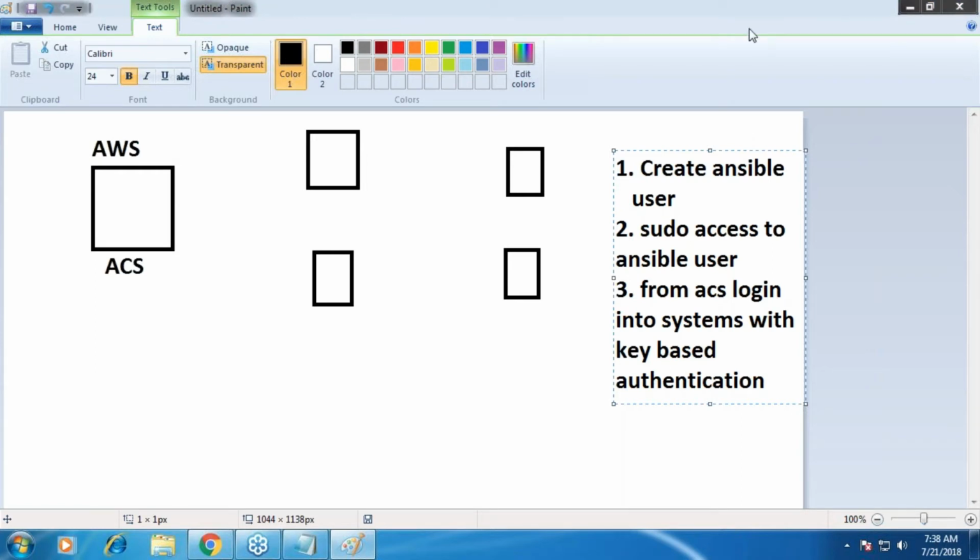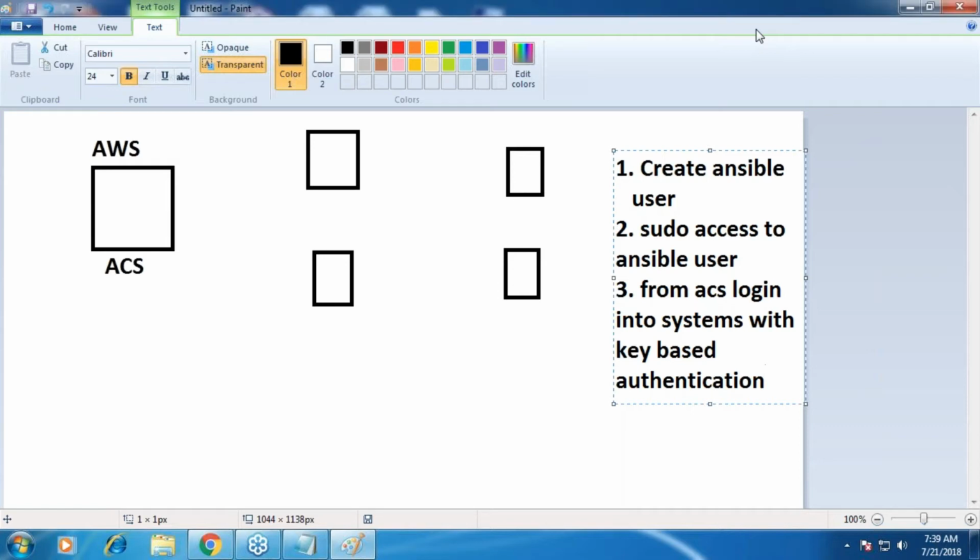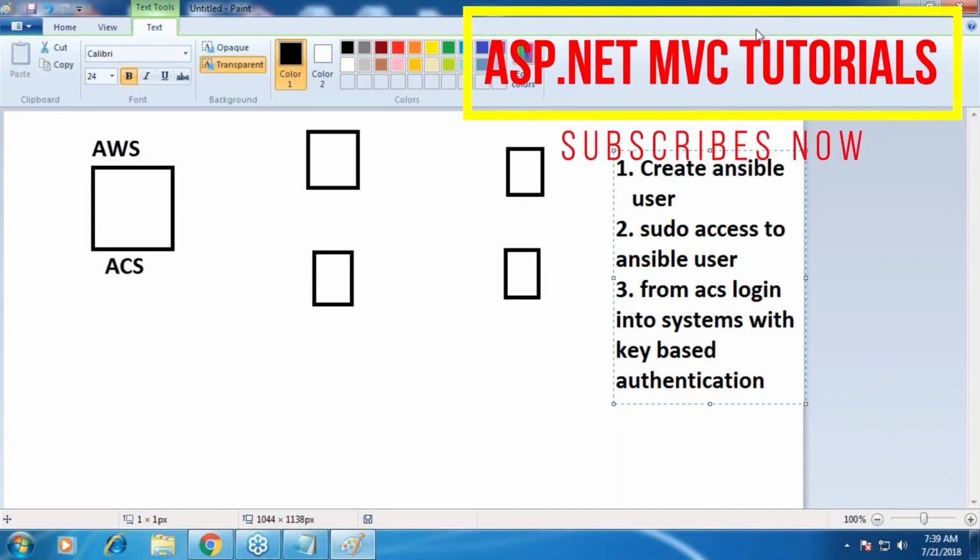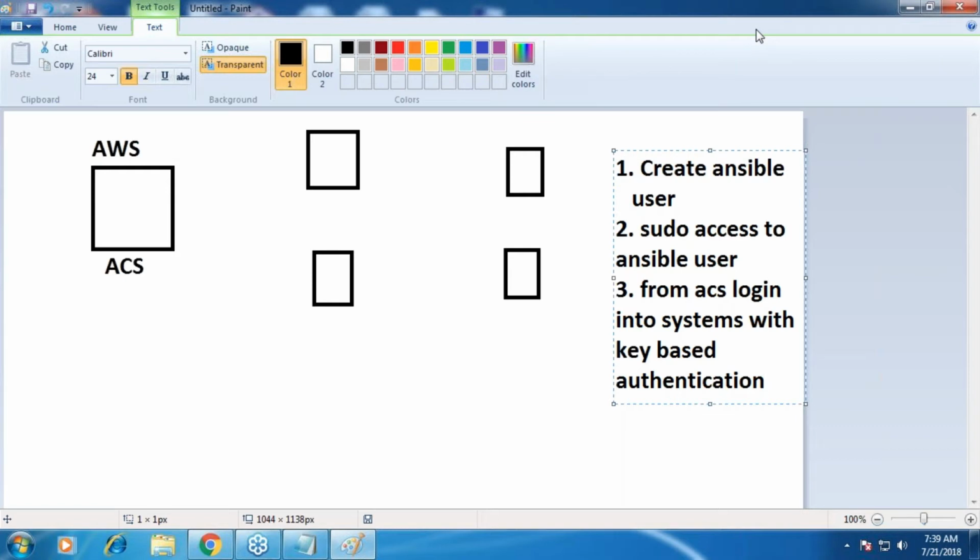Okay. So these steps are logical, right? When I am doing it in Linux, I'll be following these steps itself. To achieve this in Linux, we need to know some commands. So for the people who are new to Linux, whenever I'm creating the user, I might be using something like useradd or adduser, whatever it is. That is the command which will add the user, right? And then I need to add the user to the sudo group. Then I'll be doing something called visudo, right?